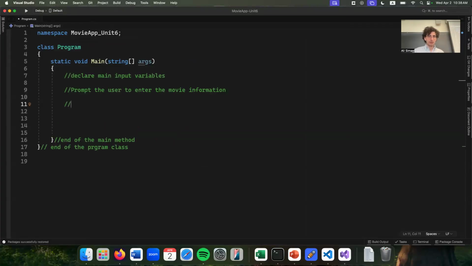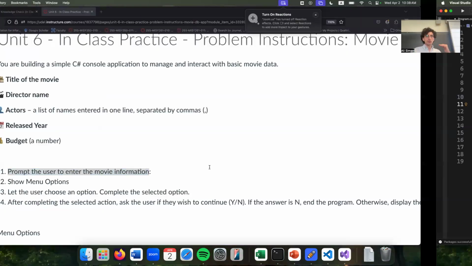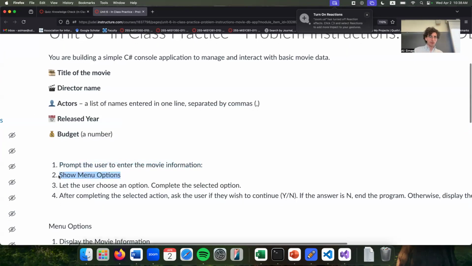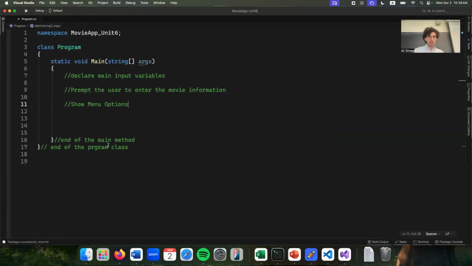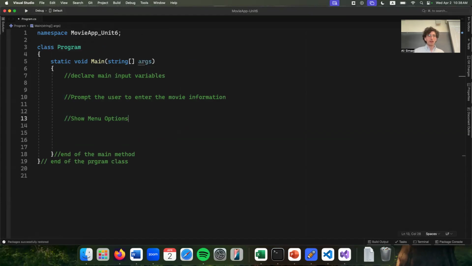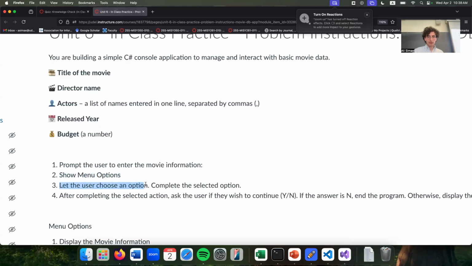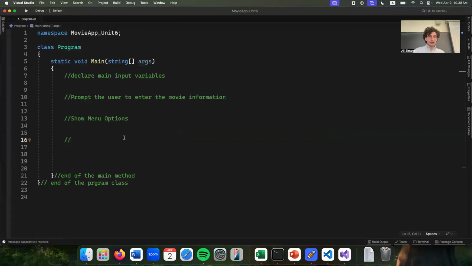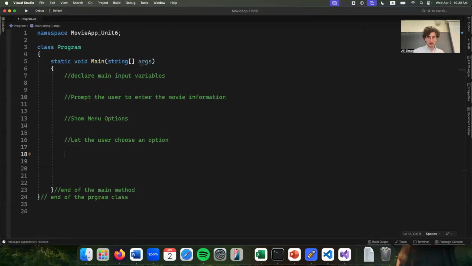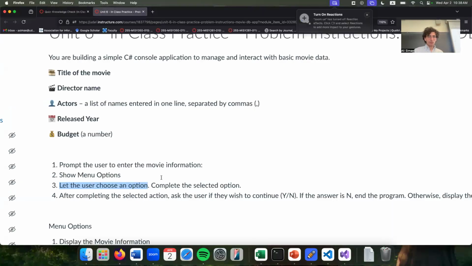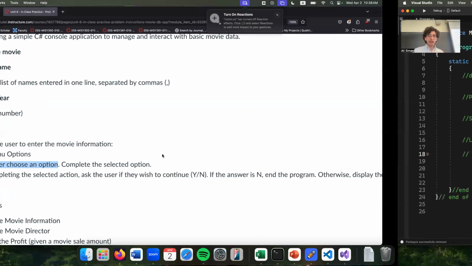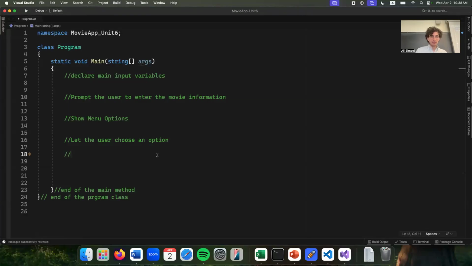And then I have the organization, right? I'm just going to add those as the organization. Show menu options. We are going to implement each part under the comments that we've added. Let the user choose the option. So basically get the answer, okay? And then once you have the answer, based on the section, based on the answer, okay, implement